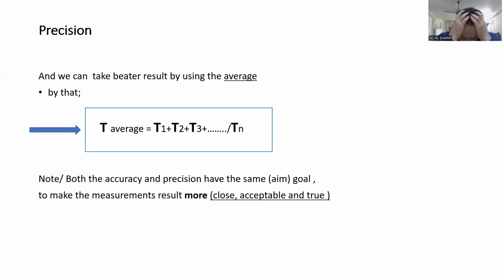Here, to decrease the mistakes more, I will use the average method. That means if the physician takes the temperature 4 times, I will collect all these four numbers and divide them by the count. That means